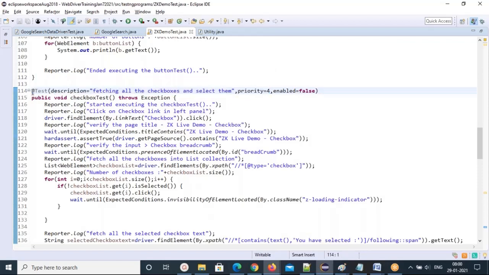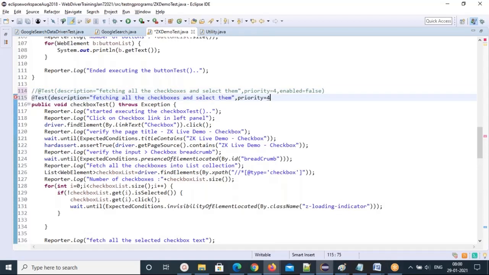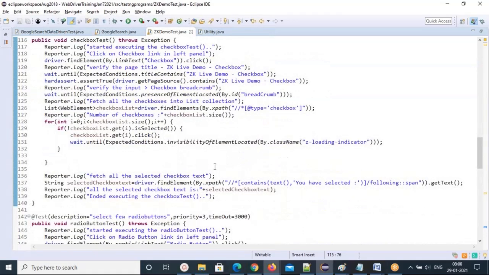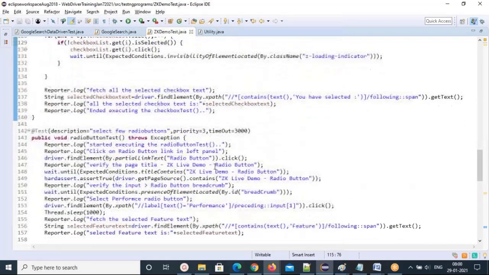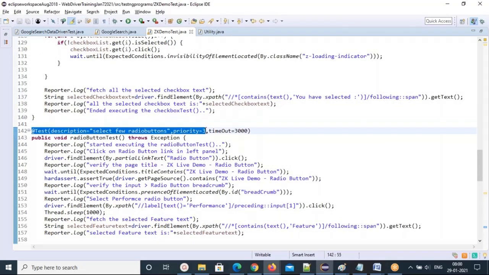I want a few test cases with priority, and 2 test cases without priority. Priority cases I'm explaining here. Let it pass. So we'll comment out this first @Test, and I'll give the next one.